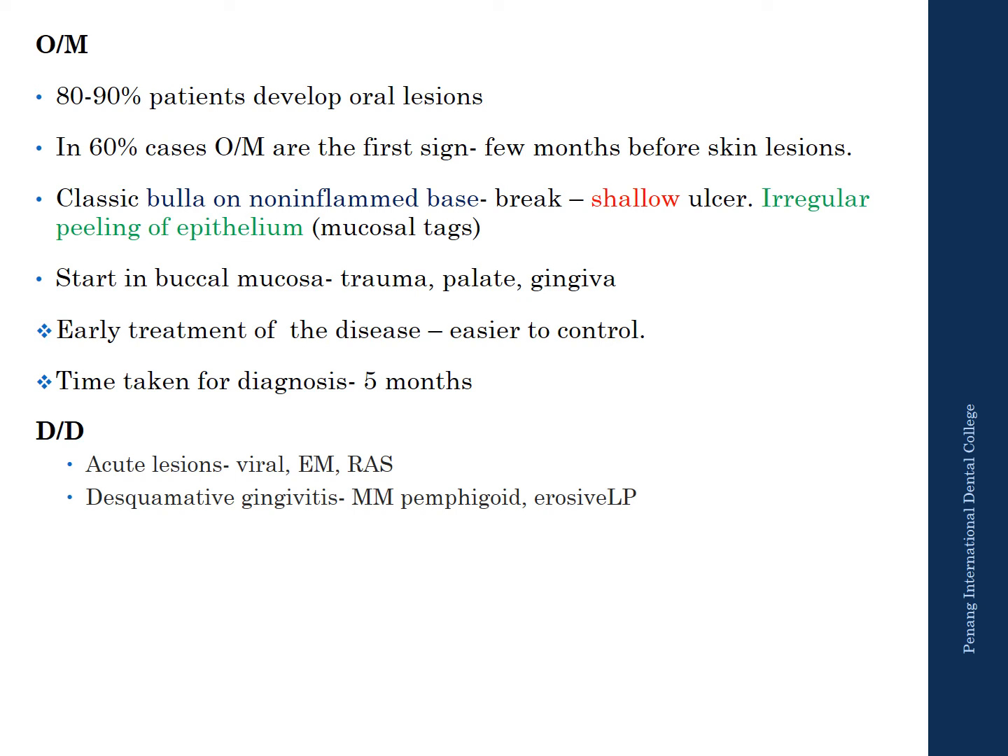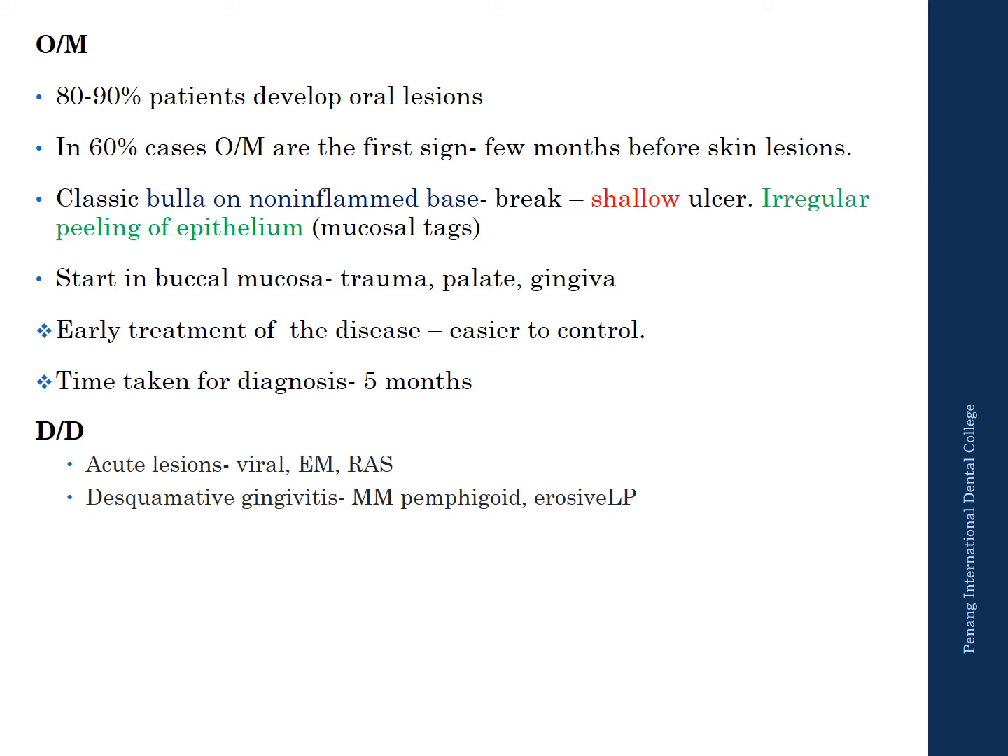But it so happens that only when the skin lesions arise and it becomes worsened, it would have already been existing for 5 to 6 months before the patient actually opts for medical care. So, differential diagnosis of pemphigus ulcers, you must understand that these are chronic lesions and they're